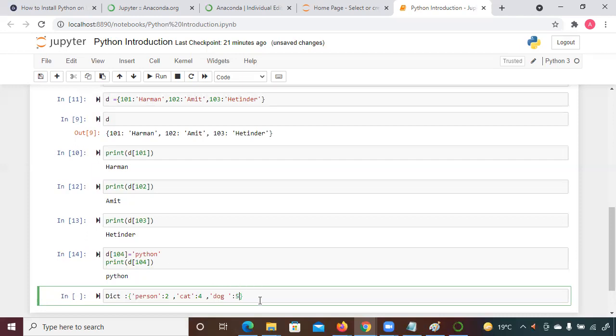So I created one dictionary. Now in this dictionary, how are you going to apply the for loop? Suppose you want to apply the for loop and print the content, how are you going to print that?